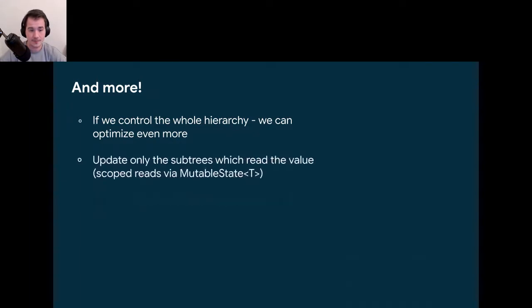Or we can even do some observation optimization. We have this mutable state, which is an arbitrary concept that again we don't have time to talk about now, but you can take a look at how it works in our code base and in the documentation. The idea is that you can redraw only a subtree of the whole tree, so you don't have to go through the whole screen again. Very advanced stuff, very interesting, and it allows very nice optimizations.